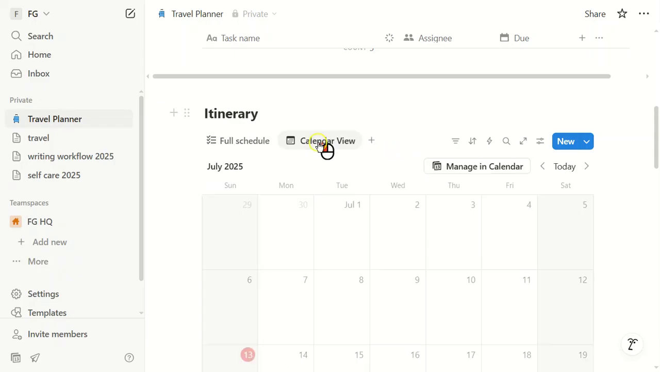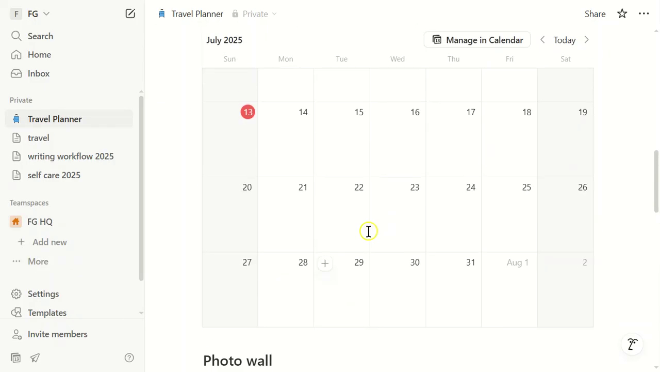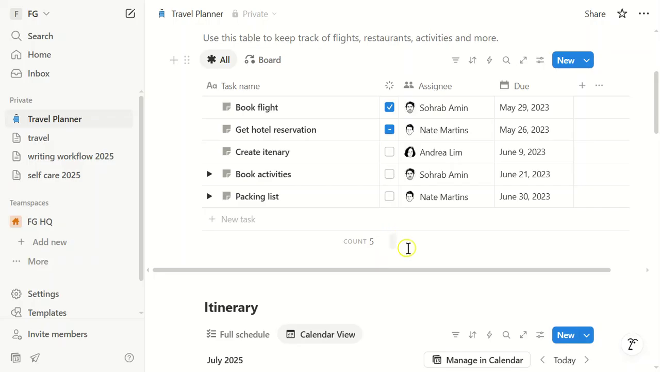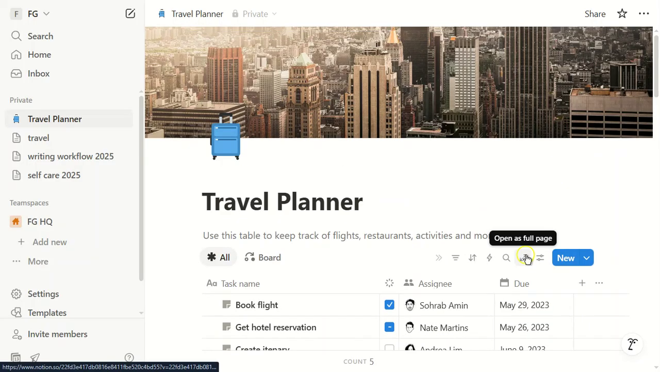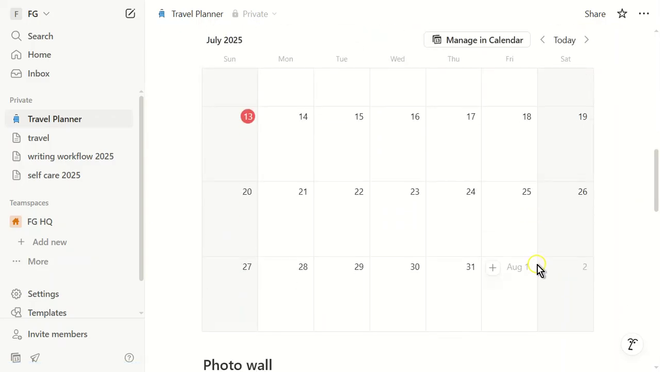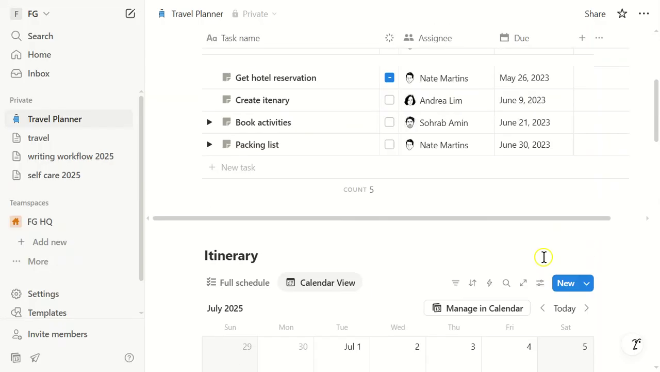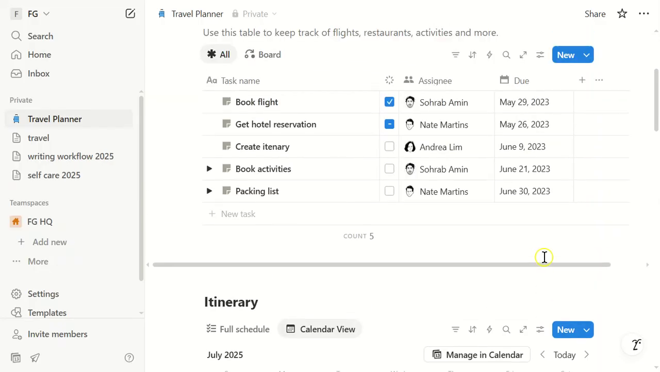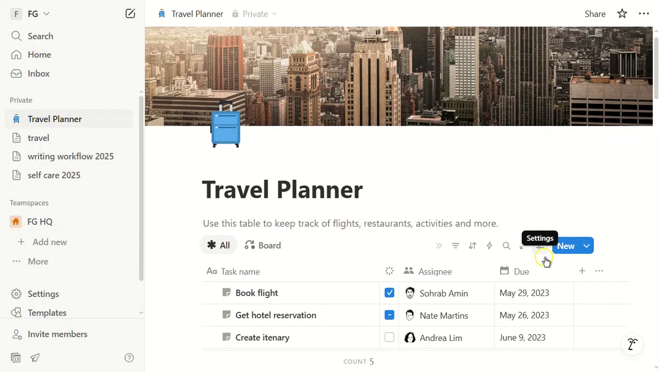changes easily. Lastly, don't forget to sync your Notion travel planner with your phone. This ensures that your travel itinerary is always accessible, even when you're on the go. Here's what's happening behind the scenes. When you make changes on your Notion page, it automatically updates on your phone too, ensuring your travel plans are